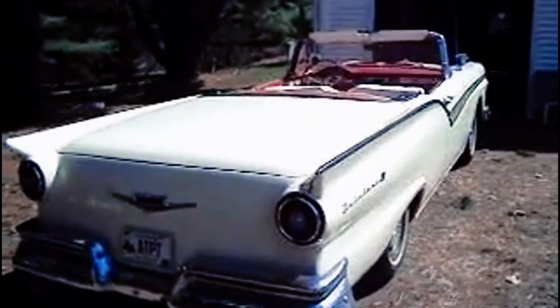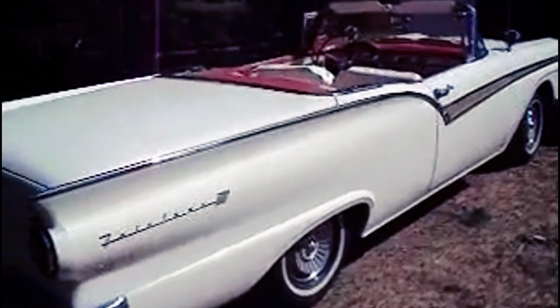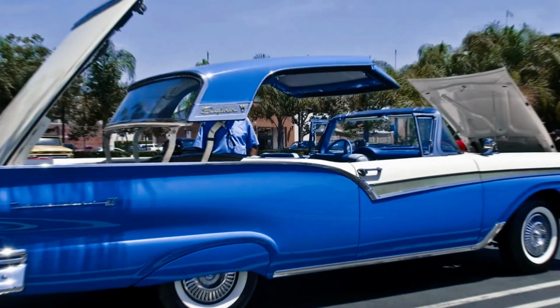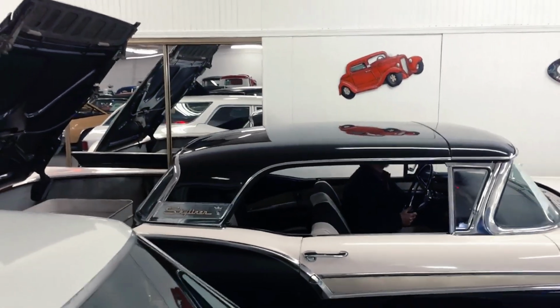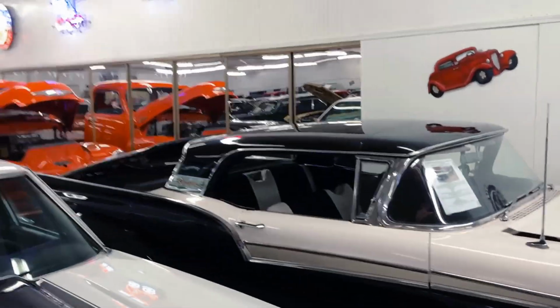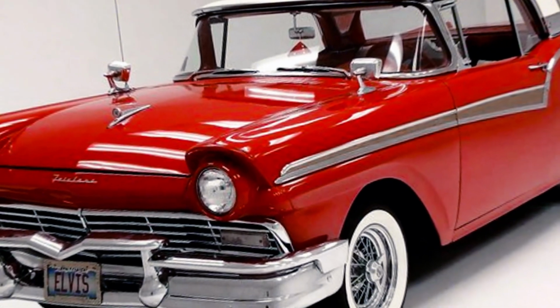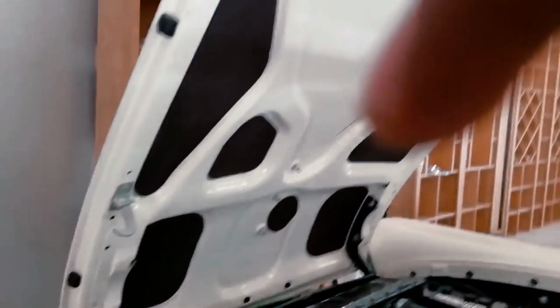The roof's intricate system of motors and relays was prone to mechanical failure, leading to costly repairs. These issues undermined consumer confidence in the Skyliner's long-term reliability. The Skyliner's price was significantly higher than that of other Fairlane models and its competitors. Many buyers opted for less expensive convertibles that offered open-air driving without the added complexity of a retractable hardtop. Muscle cars and sporty coupes were beginning to capture the imagination of performance-oriented buyers, leaving the heavy, comfort-focused Skyliner in